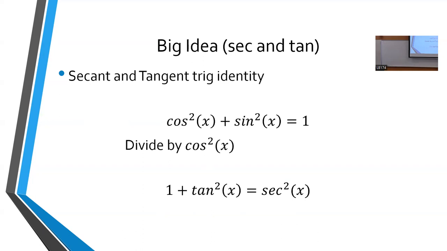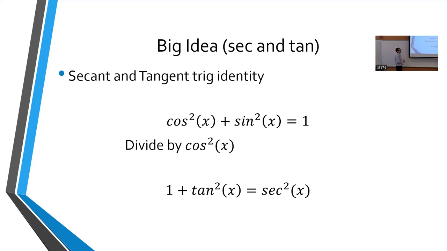of trig functions. The next connected pair of trig functions are secant and tangent. Because for one, their derivatives are connected. If you take a derivative of secant, you get secant times tangent. And if you take a derivative of tangent, you get secant squared. The other reason that they're connected